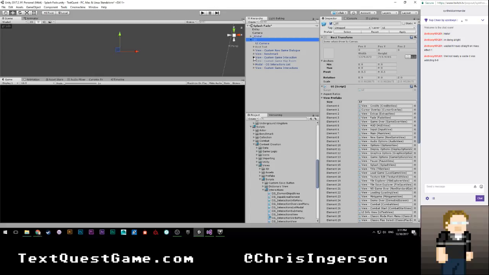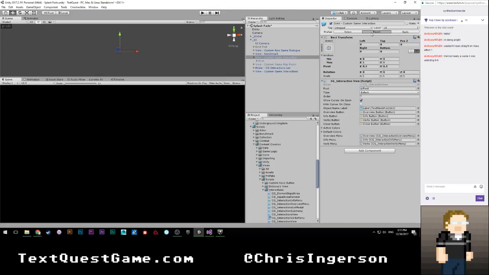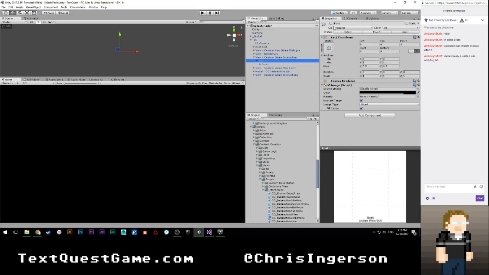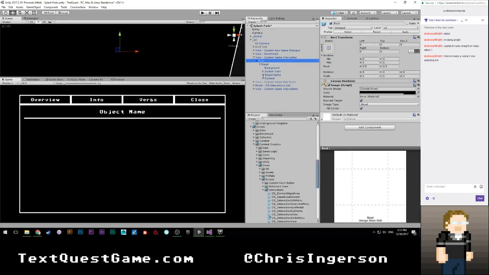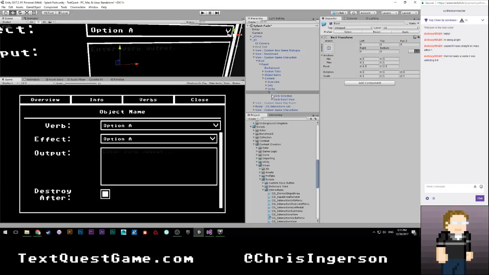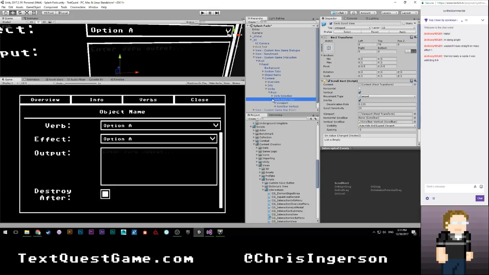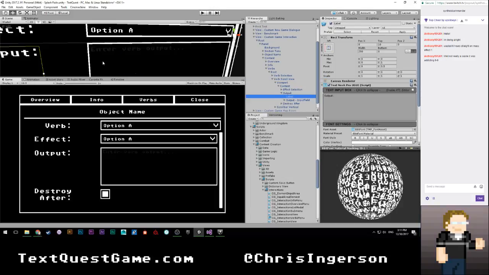In any case, so we want to go to custom game interaction. Let's go ahead and revert that, just so that I know that it's not got anything messed up with it. We're going to go ahead and open up verbs. Let's get that turned on. Then verb scroll view, viewport content. I think we want output. So underneath this label,